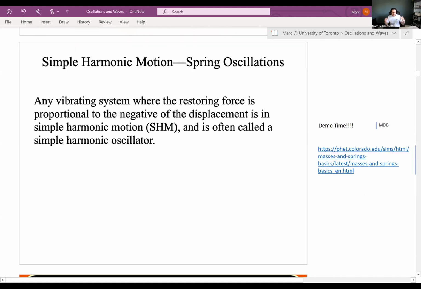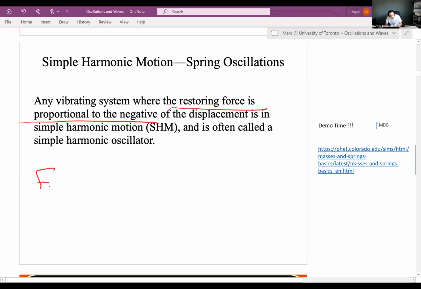Okay, so that's what simple harmonic motion is. Simple harmonic motion is a vibrating system where the restoring force is specifically proportional to the displacement. So what does that mean? I think the best way to explain what that means is to explain what it's not. Not every oscillation is simple harmonic motion. Simple harmonic motion means that the restoring force is linearly proportional to the elongation, or the distance away from equilibrium, linearly. So, for instance,